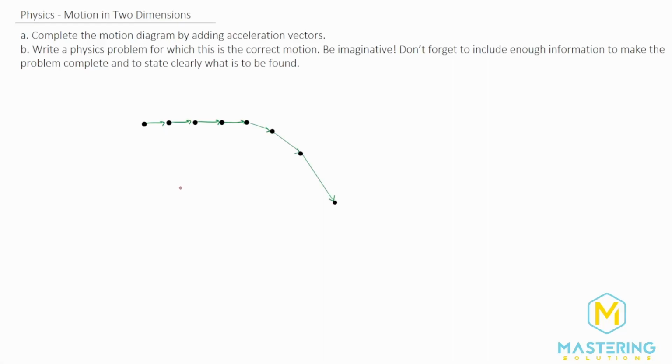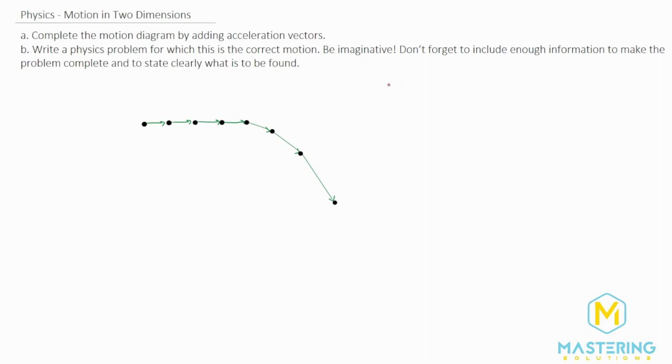Welcome to Mastering Solutions. In this motion in 2 dimensions problem, they ask us to complete this motion diagram by adding the acceleration vectors and then to write some sort of physics problem that would correspond to the diagram. Whenever we are going to add acceleration vectors graphically, what we're going to do is we're going to be subtracting